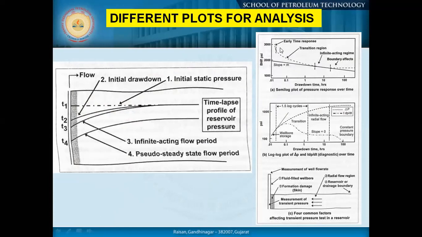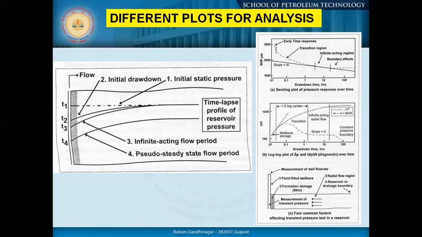So each and every response in terms of time is giving us an idea about the physical nature. Once you do the derivative graph here, you see this is also a log-log plot. Initially, what we try to understand is to change our x and y axis values. Normal plot, elapsed time plot, normal time plot, then you have the Horner time plot. Different ways we try to get the straight line value and analyze.